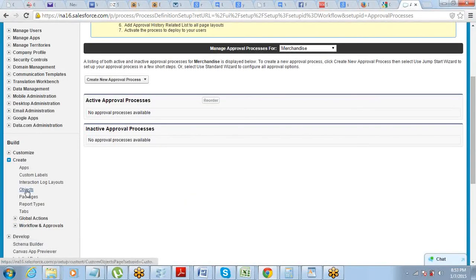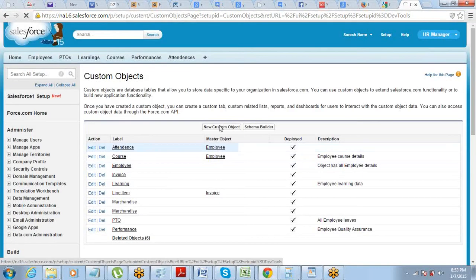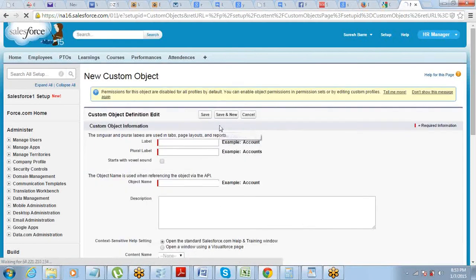Not required, so anything which is 2 days or less than that does not require an approval. Pending, approved, rejected, and recalled or cancelled.